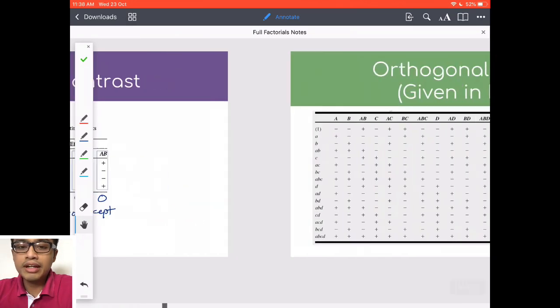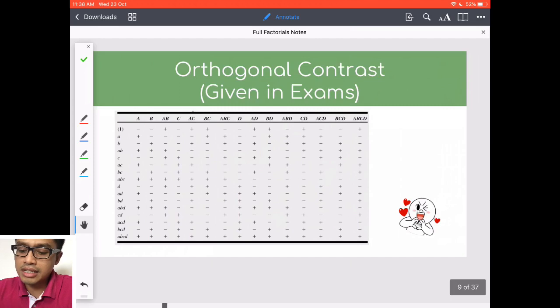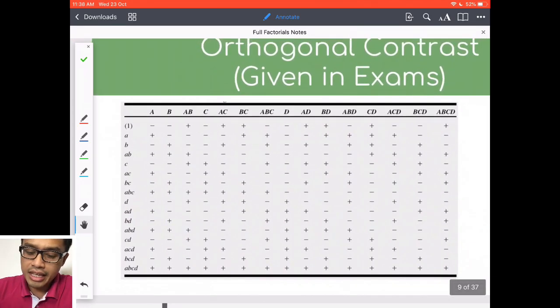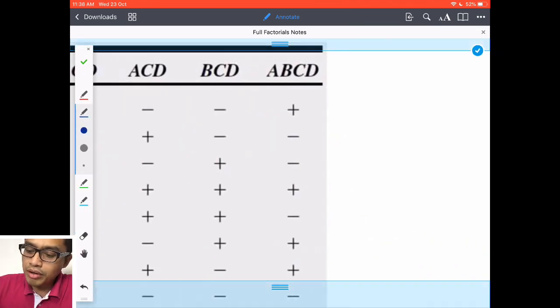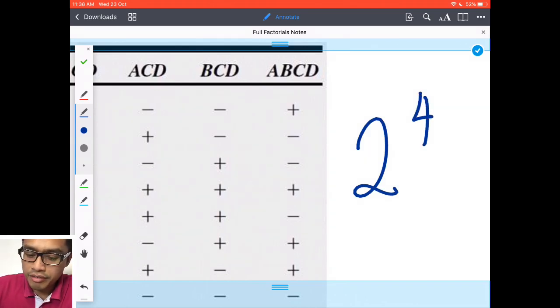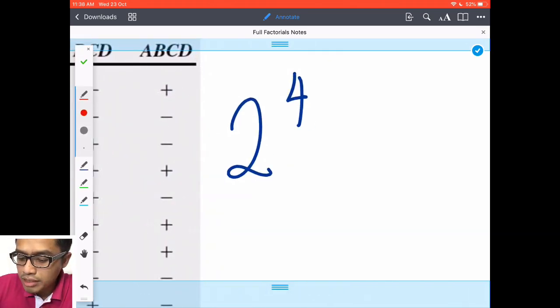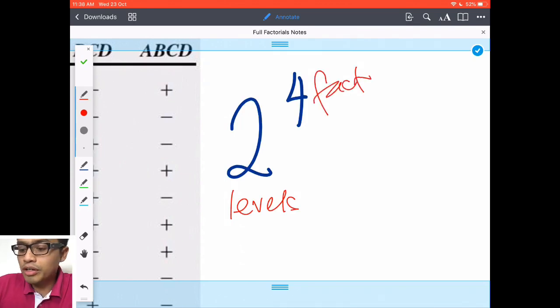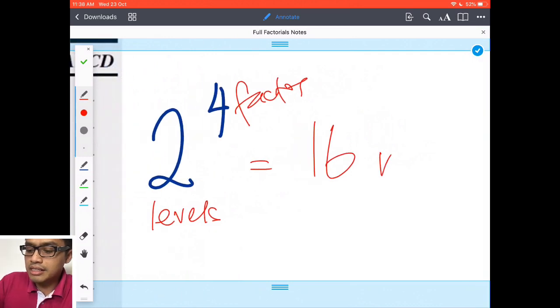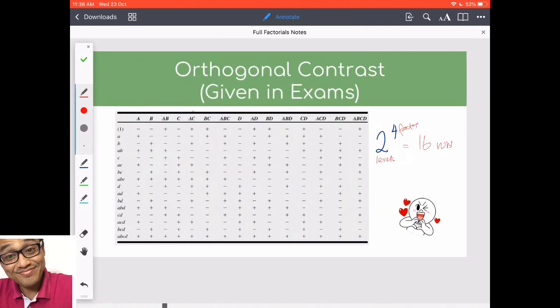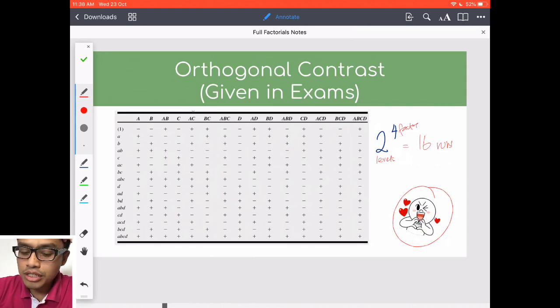Alright, in the final exam, you'll be given this. This is 2 power of 4. That means you have 2 levels and 4 factors. 2 power of 4 equals 16 runs. Right, 16 runs. So it is coded by